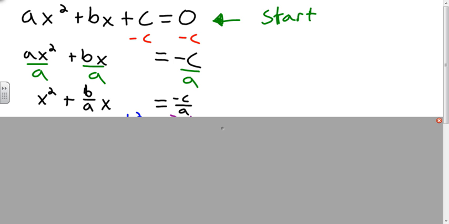over a. Now, before we had bx and we divided it by a, that's the same as saying b over a times x over 1, because that would give us the same answer. So we just simplified this down to b over a times x. So that's how this came about. Moving on from there,